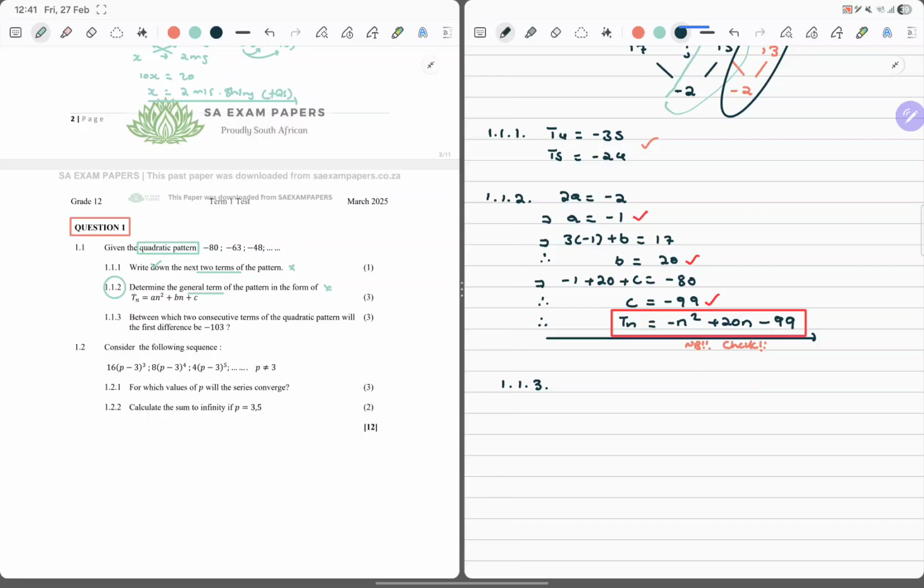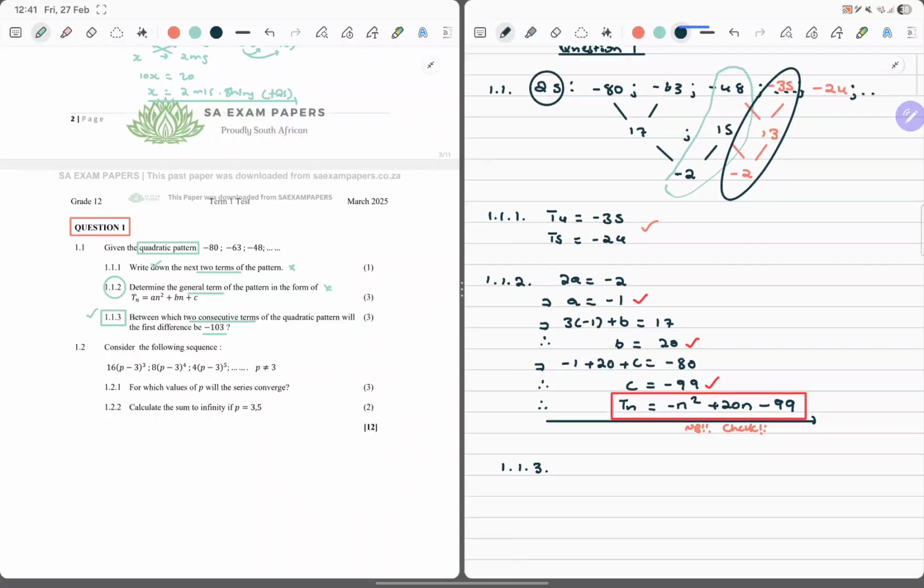1.1.3 says, between which 2 consecutive terms? Now this is a grade 12 question that we should ask, and it's fairly a standard grade. Okay, between which 2 consecutive terms of the quadratic pattern will the first difference be minus 103? Even for grade 11s it would qualify as a higher grade question, but this is a standard grade question